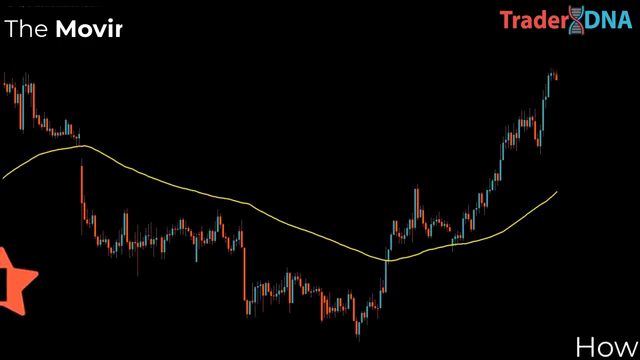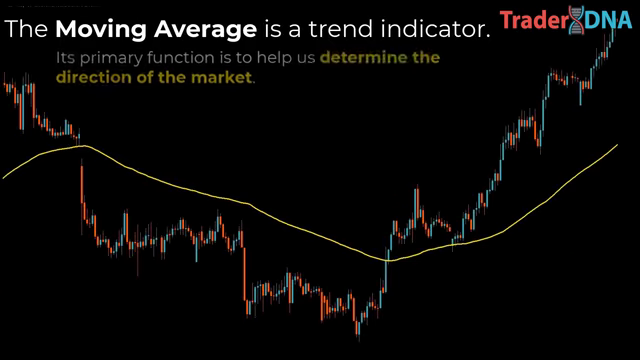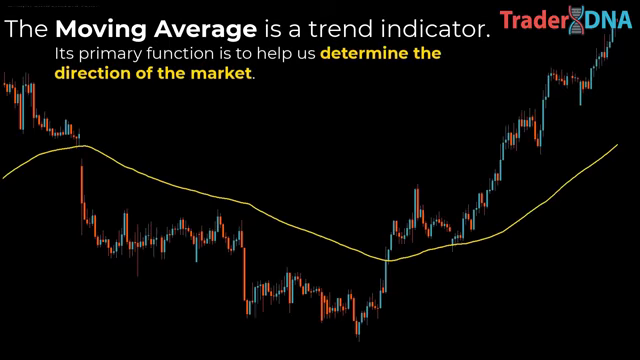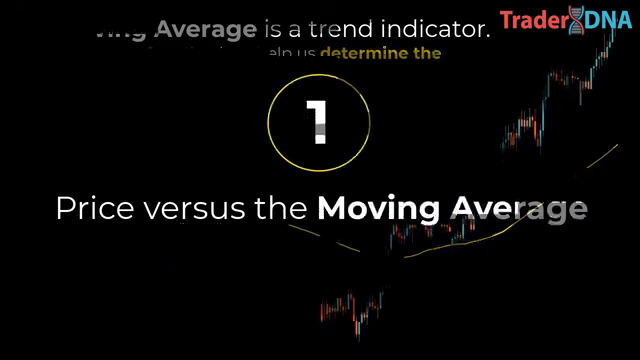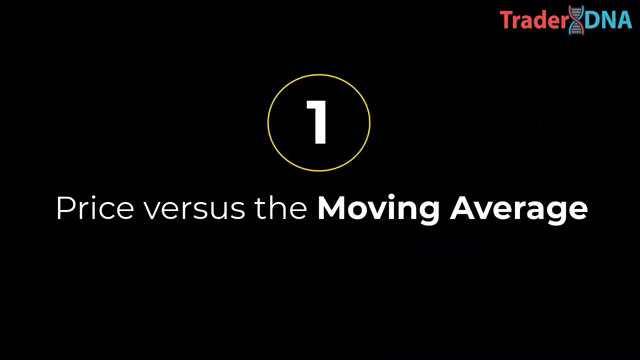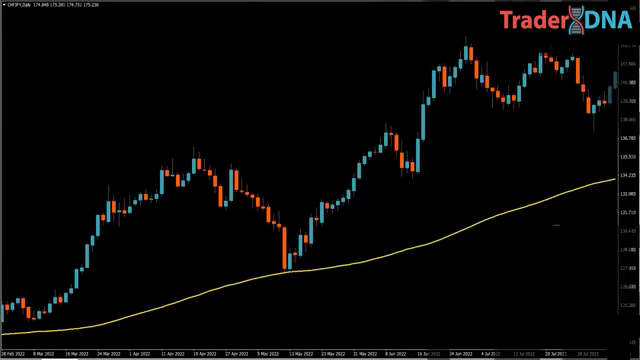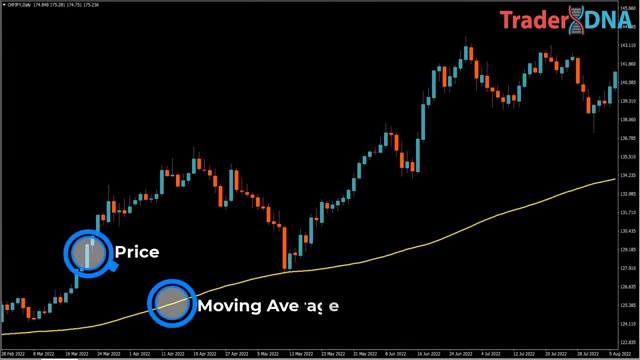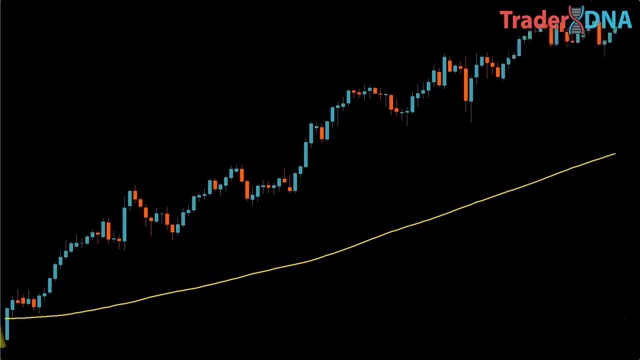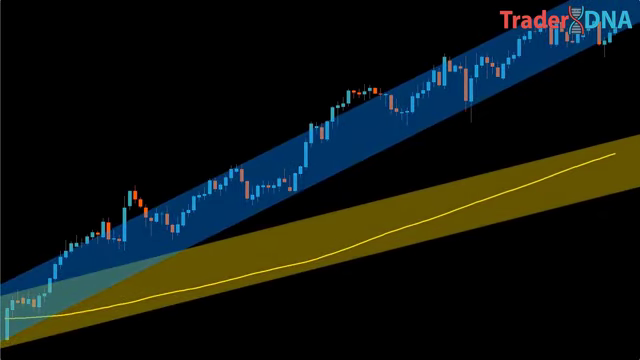The moving average is a trend indicator, so its primary function is to help us determine the direction of the market. To do this, there are 3 main techniques we can use. First, we look at the price versus the moving average. The position of the price relative to the moving average can provide a clear indication of the market's trend. If the price is consistently above the moving average, it signals that the market is in an uptrend. As logical traders, we want to trade with a trend, so in this case we should focus on finding buy